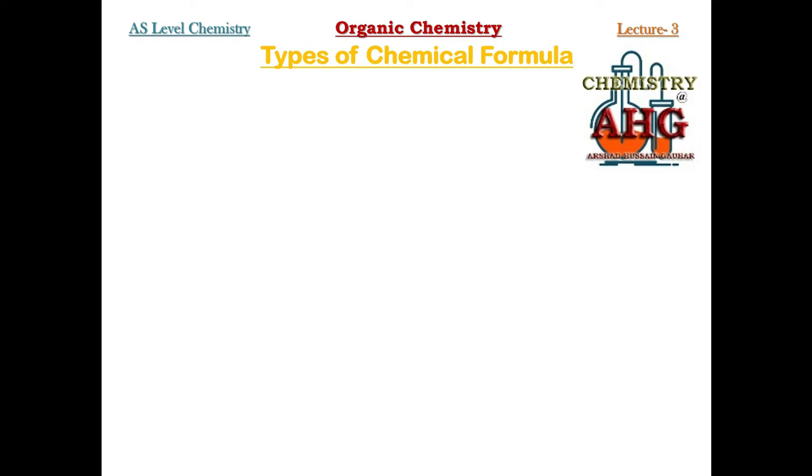Now some of these chemical formulas you are familiar with, and some of these chemical formulas are new for you. So you must know each and every type of these 6 types of chemical formula, because in A levels examination, whenever a question is asked by the paper setter, the examiner sometimes is interested that you must give the correct formula that is being asked. Sometimes it is overlooked by the examiner.